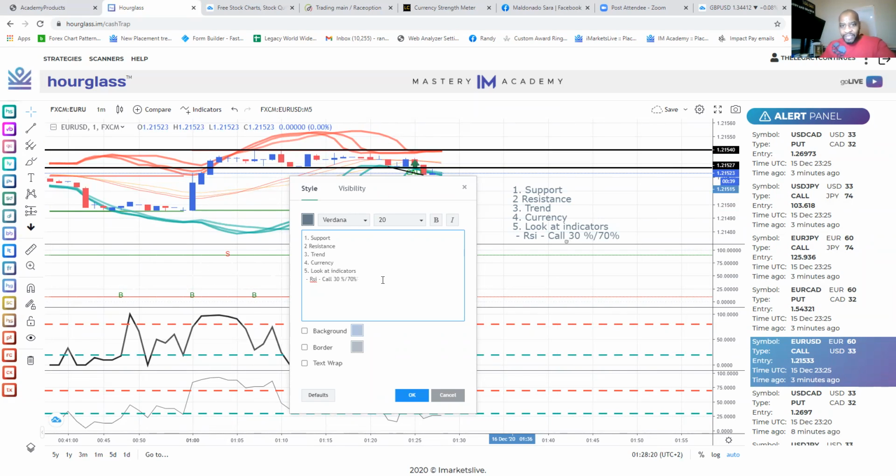Put is passing through 70%. Next, we're looking at the stochastic. Once again, call passing through 20%. Put passing through